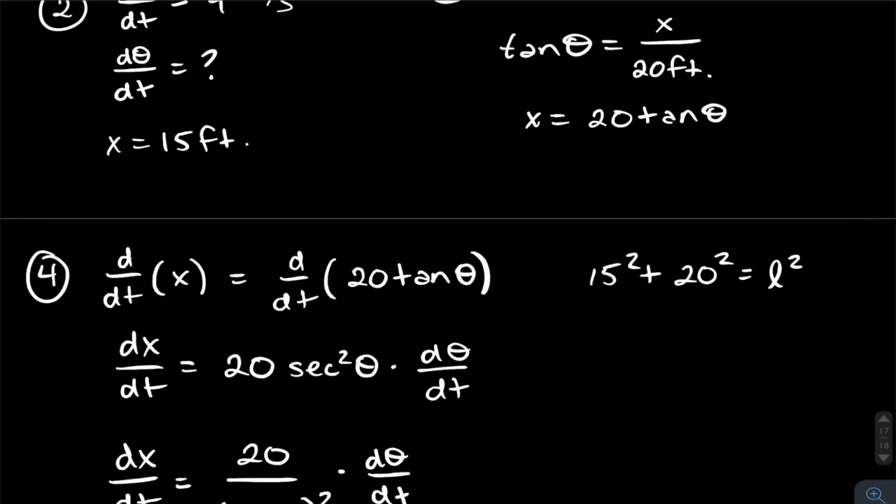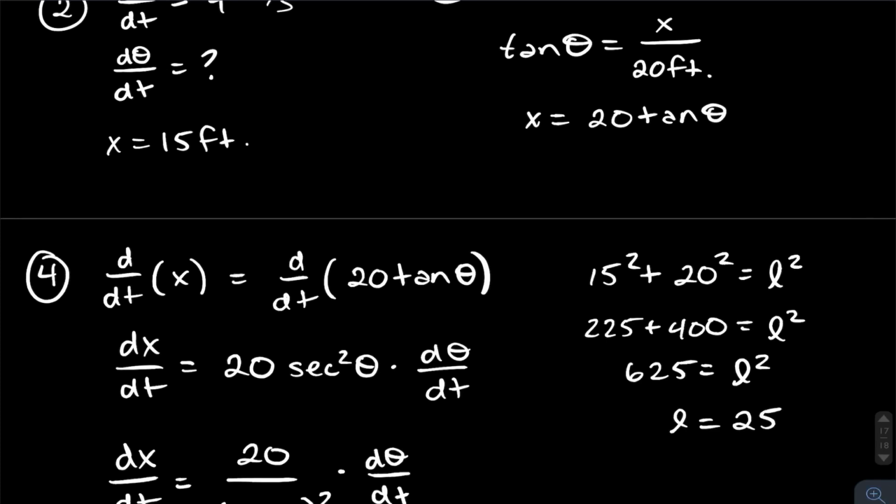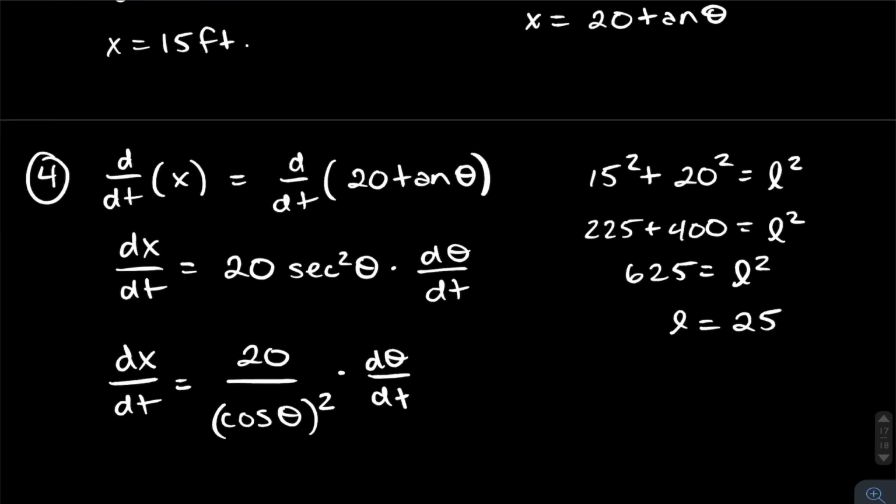So let's see if we can figure out what L is. This would be 225. 20 squared is 400. That would give us 625 is L squared, and hopefully you know that it honestly doesn't matter if you know this or not, but 25 squared is 625. Okay, so L is 25,